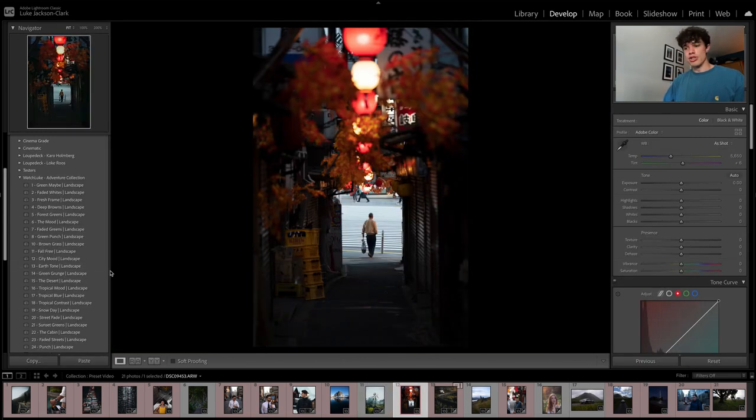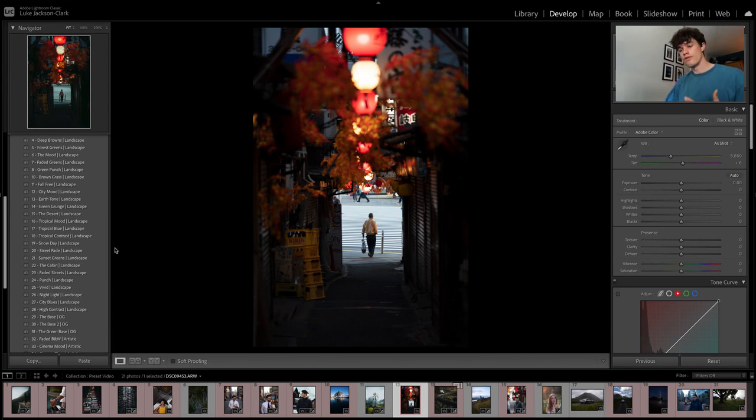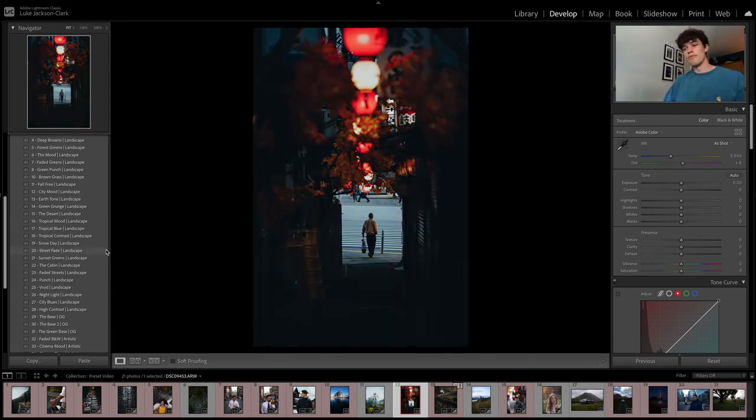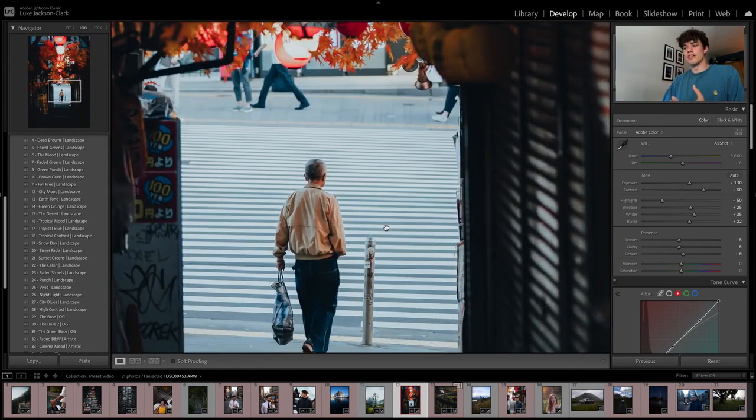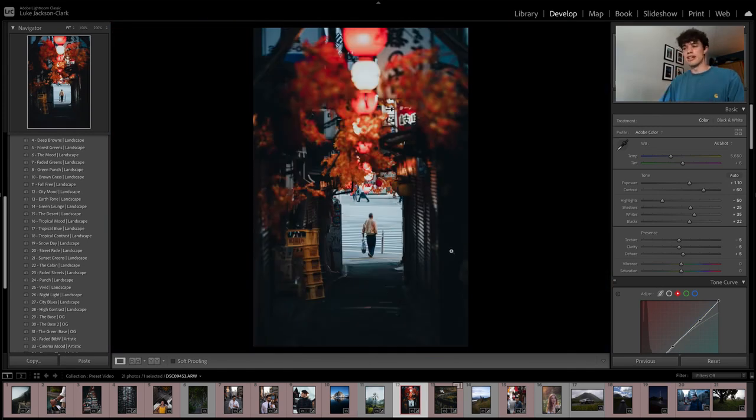Okay, this one's just a street image. I added this one in just to show you how the street preset works, which should be street fade. There we go. In some of the images, because a lot of street photos are quite dark as they are, street fade comes up quite dark. So what you do is you just jump in, play with the exposure, and boom, that's the image done. It brings out the punchiness in the oranges and the yellows, and kind of brings down the highlights a little bit, so it makes it all a little bit more